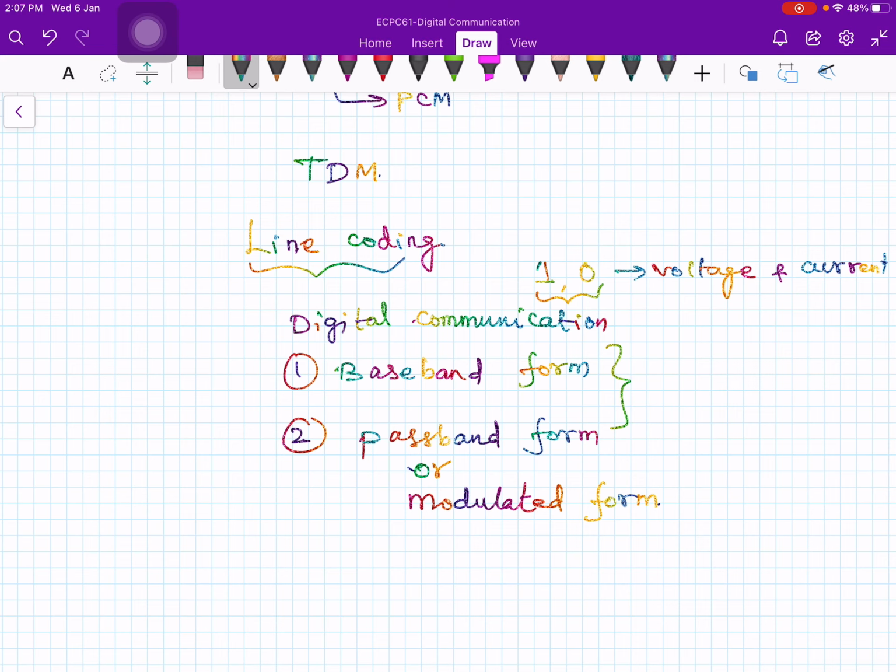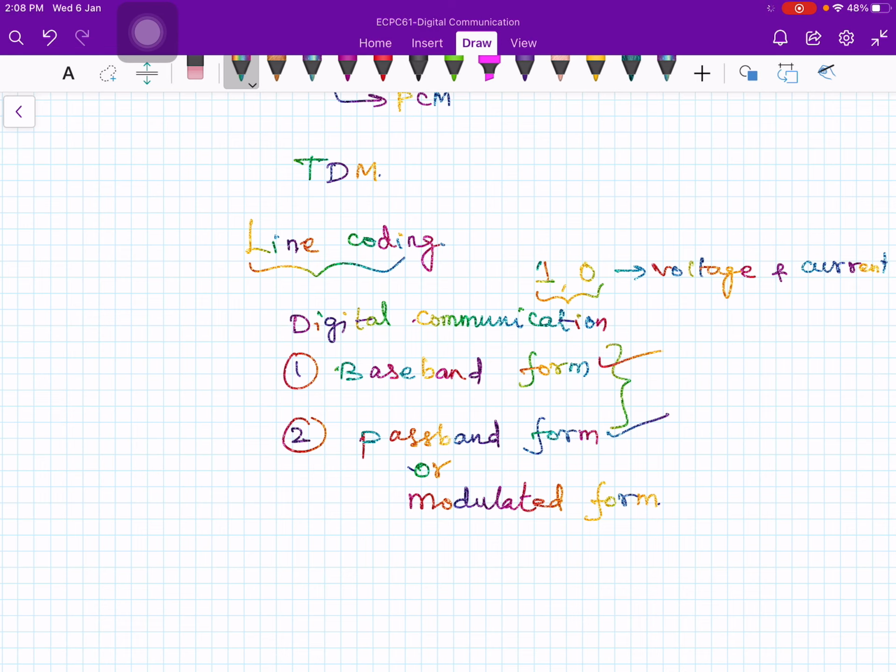It depends on the kind of channel that you are working with. In analog communication we did only passband form, that is modulated form, and here you can do both baseband form and modulated form. When you have a wideband channel on which baseband signals can be supported, or a radio channel in which you must embed the information onto a carrier, you have to do some kind of modulation again. So first we will take up the techniques of baseband digital communication, and then later on we will move on to passband form.